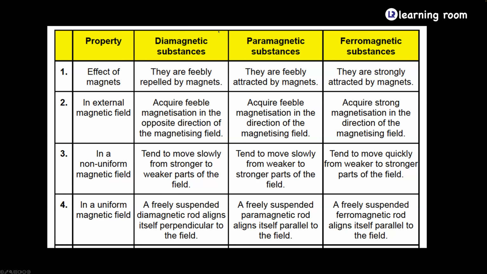So when you look at this table, we are going to see the property and how this property is exhibited by a diamagnetic, paramagnetic, and a ferromagnetic substance. Let's go one by one. First question is,